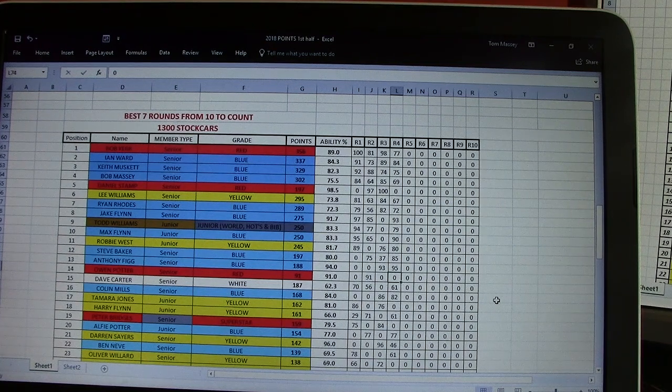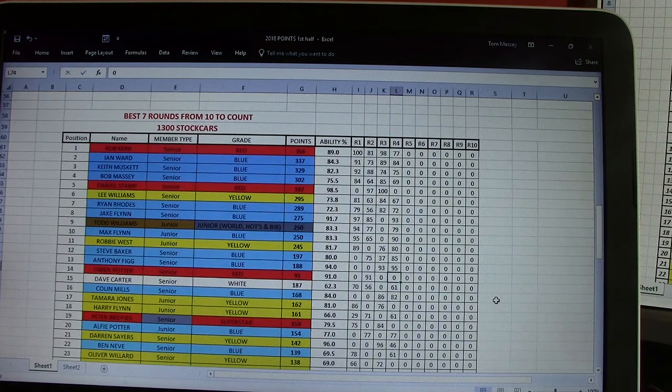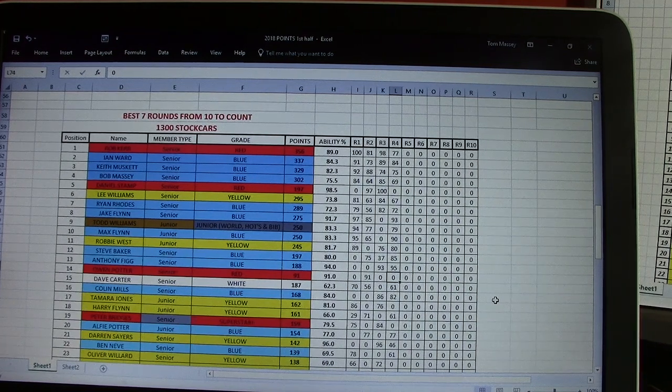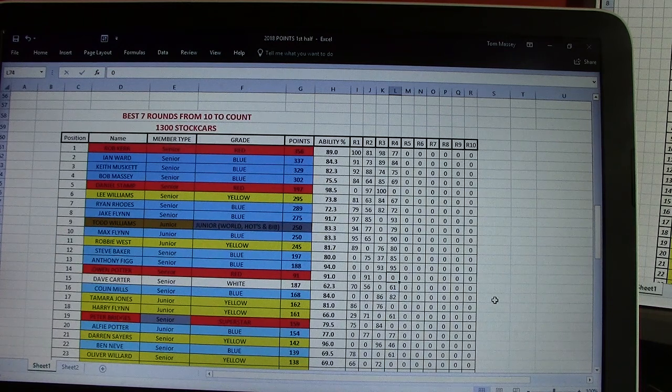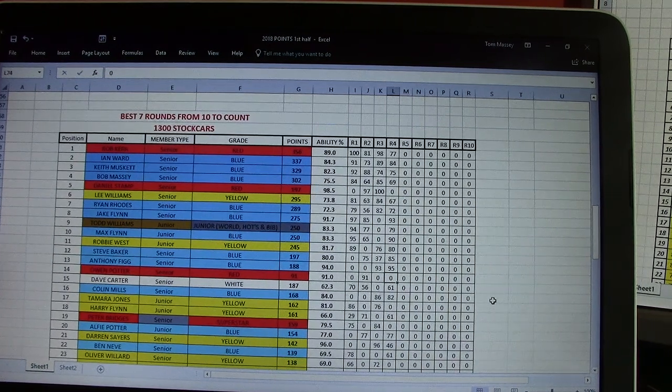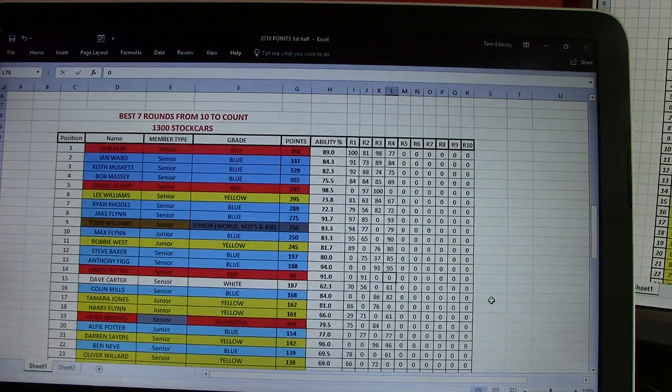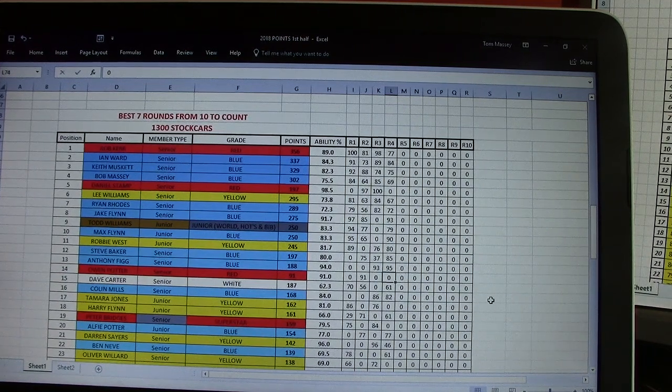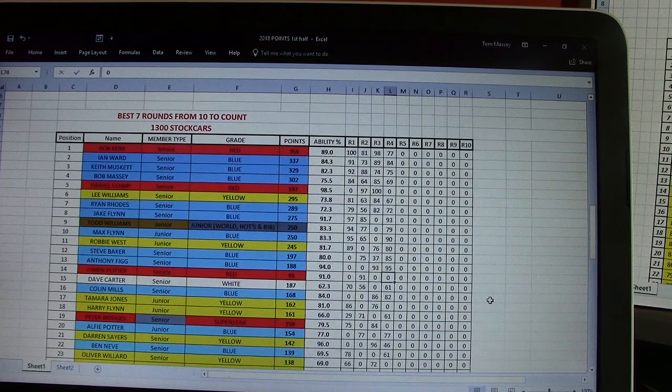Right, hello, this is a video about how points are worked out at HOTs races. I get quite a few questions quite a lot of the time, asking how the points are done, how the roof grading is done, that sort of thing. So I thought the best way to give people an insight into the world of doing the points and figuring out the roof grades was to do a few videos and actually try and revitalise the YouTube channel